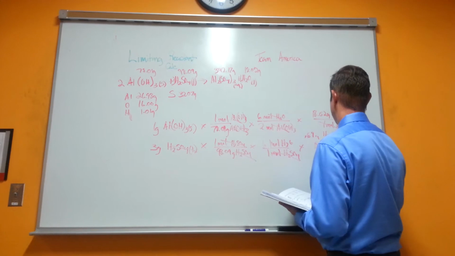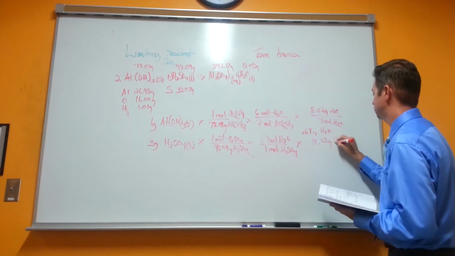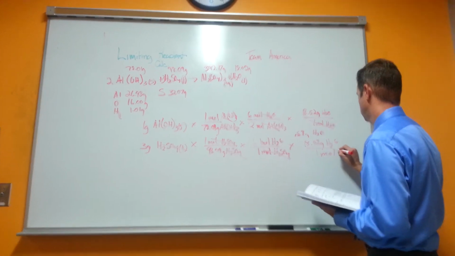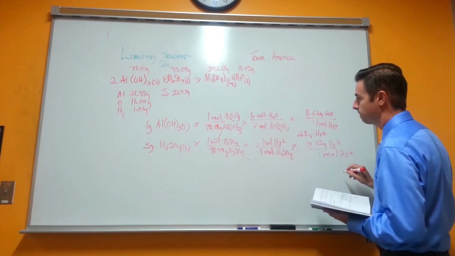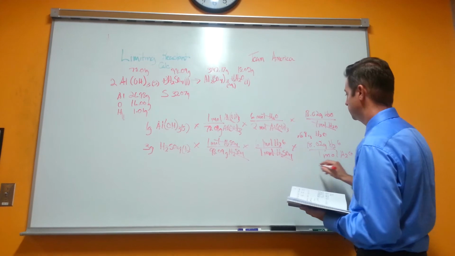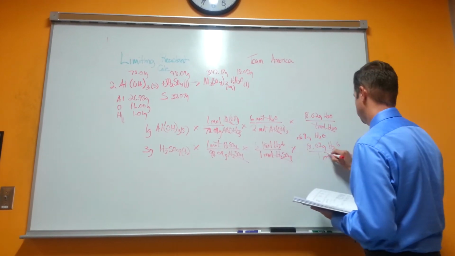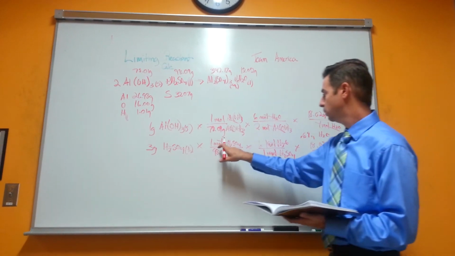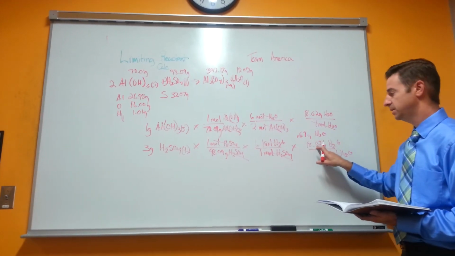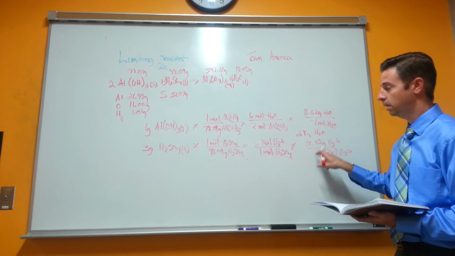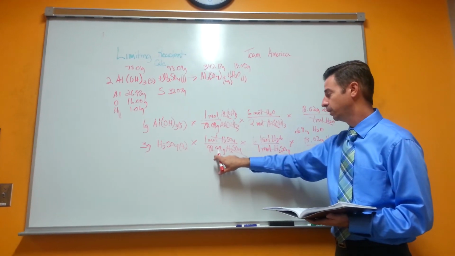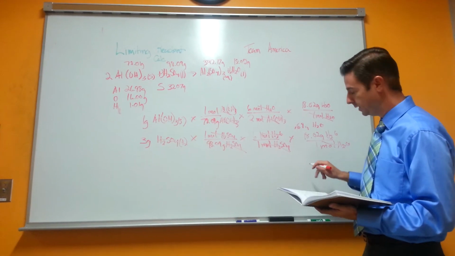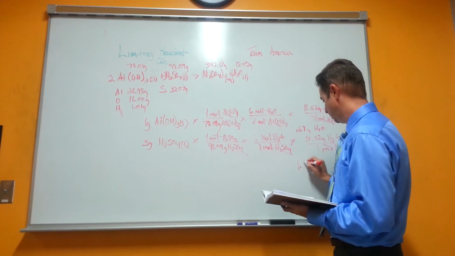So it's 18.02 grams of H2O over 1 mole of H2O. Okay, so now we can go ahead and eliminate that. So now it's just a simple math equation of 3 times 1 times 6 times 18.02, all over 98.09 grams times 1 times 1, right? And what that leads us down to is